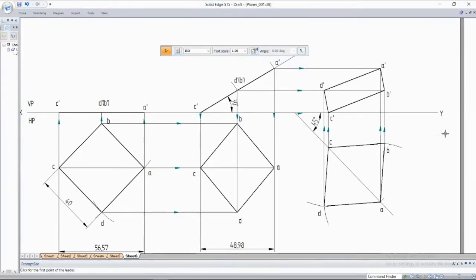So this is a non-locus problem. We have not drawn any locus line to obtain this, because here the angle which is given to you is directly the apparent angle. In the next case, the angle which will be given to you is not the apparent angle, it will be the true angle. And you have to determine what is the apparent angle. That is, the angle will be given with respect to this diagonal. And you have to find out what is the angle with respect to this diagonal. Let's see how to do it in the next problem.